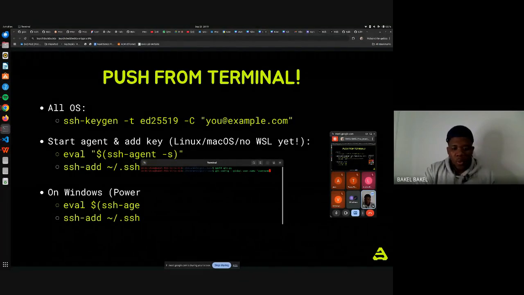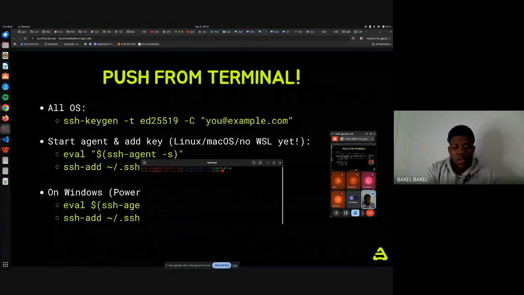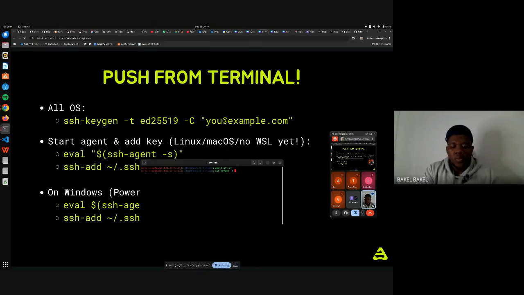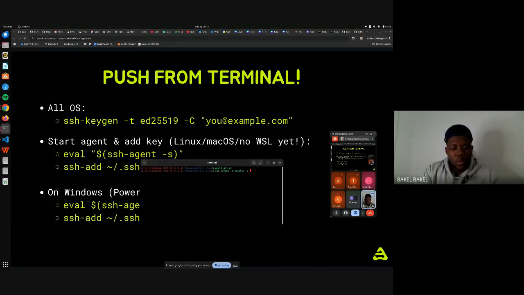So we are going to do ssh-keygen. It takes in -t, which I would have to explain. I'll explain that, don't worry. ed25519 -C